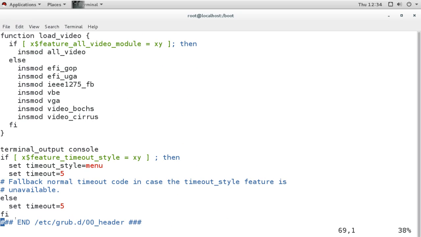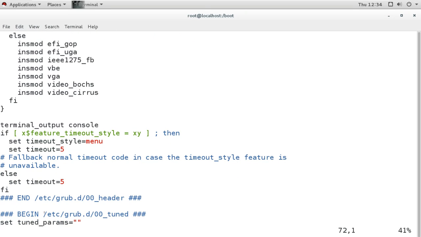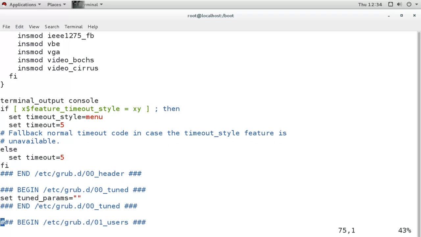You can see it is saying ending the setting here. Then it is reading the other file from the same directory, and it ends there. There is no configuration in that. Then it is reading another file from the same directory.